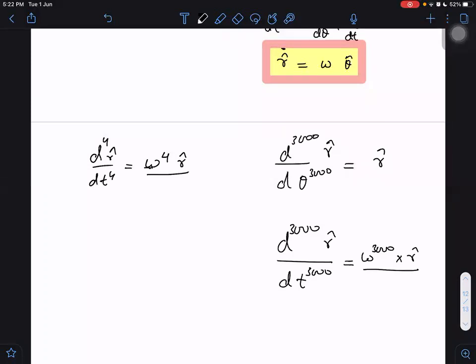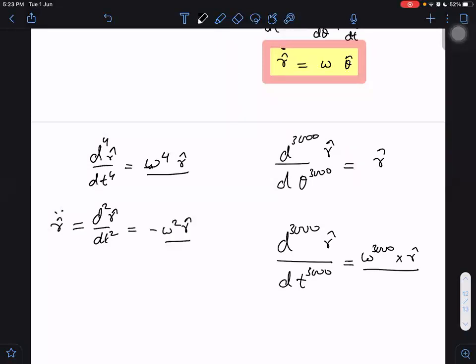Why will it be omega square only? Why are you thinking that? What is coming to your mind? As if you have read somewhere that they always keep it as minus omega square. But double derivative, you said minus omega square r cap, no, sir. I said double derivative as d square r cap by dt square. I said r cap double dot. That I wrote as minus omega square r cap.